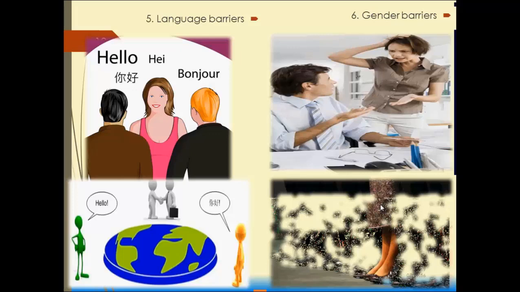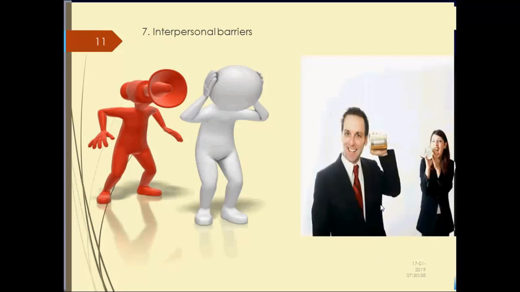All right, so number 7 is interpersonal barriers. The relationship between people. Okay? I don't like you, that's not real. Even if you have a good idea and you give me a good message, maybe I'll reject it. I'll say, this guy doesn't know what he's talking about. No, I don't think this will work, because of our relationship. Okay, so interpersonal relationships affect communication. These are the 7 barriers in this PowerPoint.